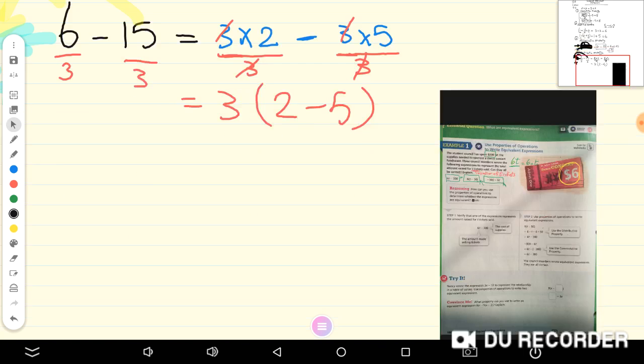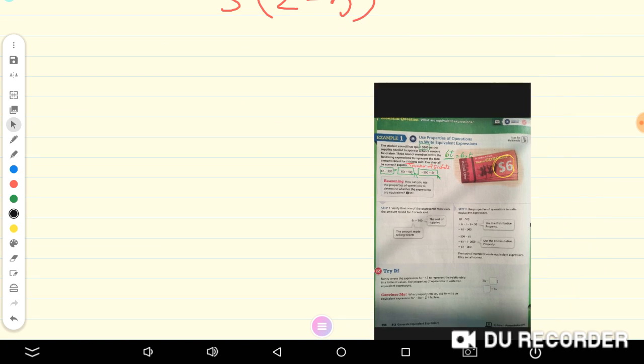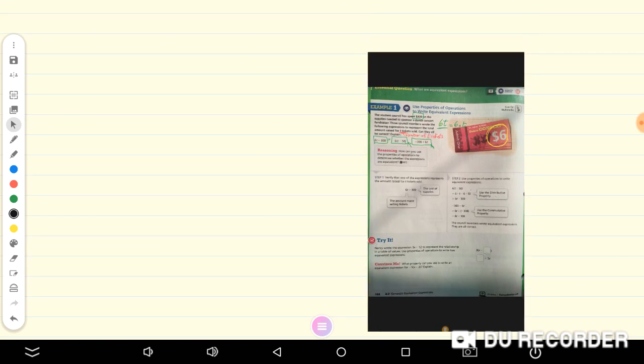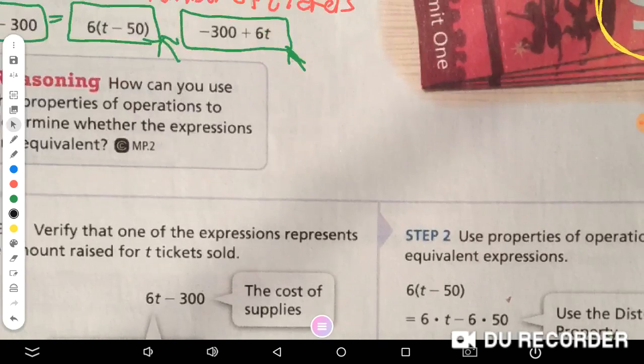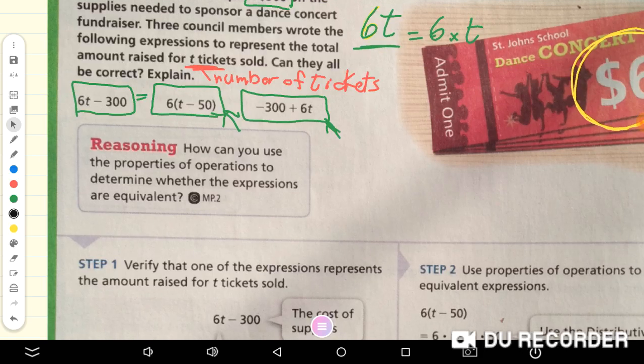We will see now if we are right or not. So do you think this expression is right? Instead of the original, let's try the distributive property. 6 multiply t,